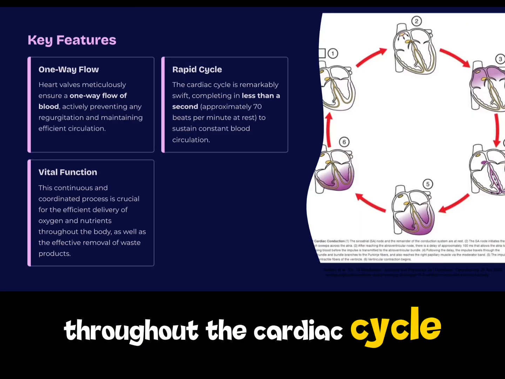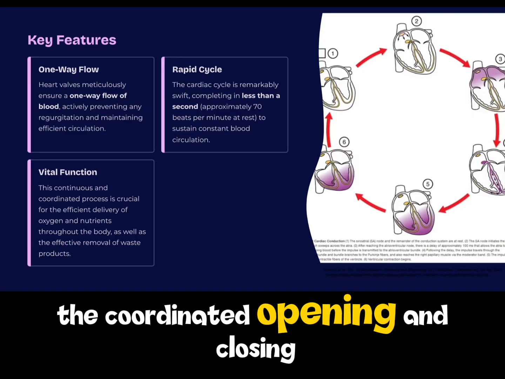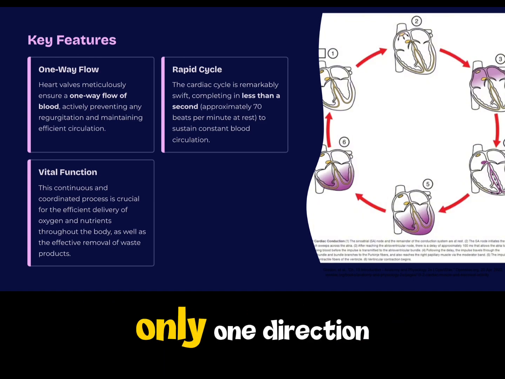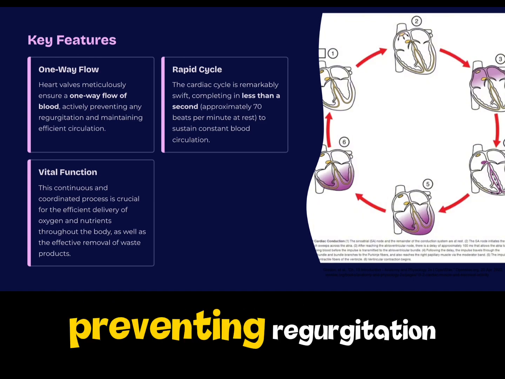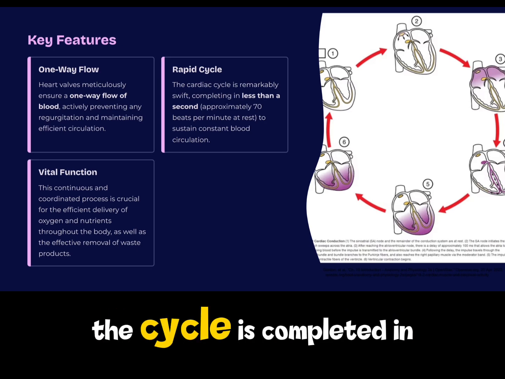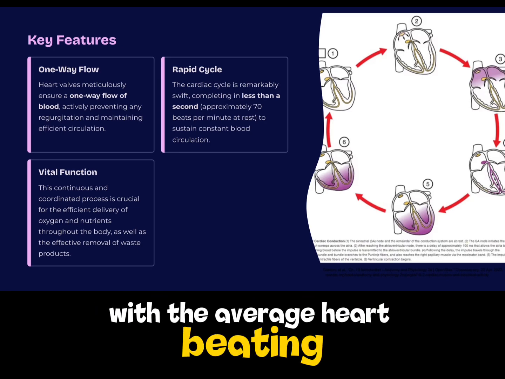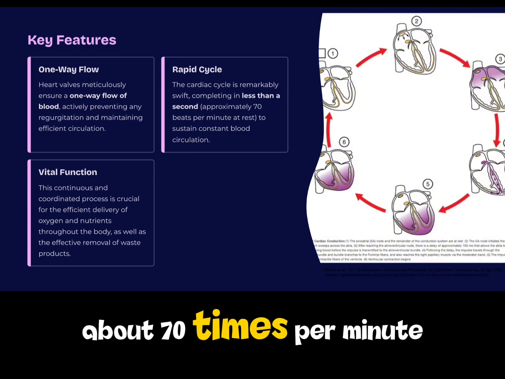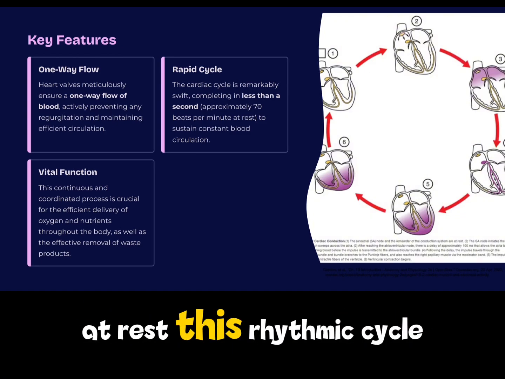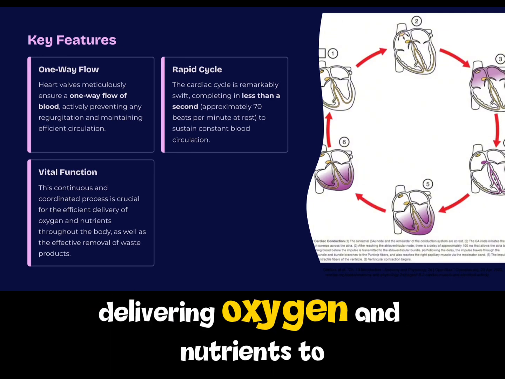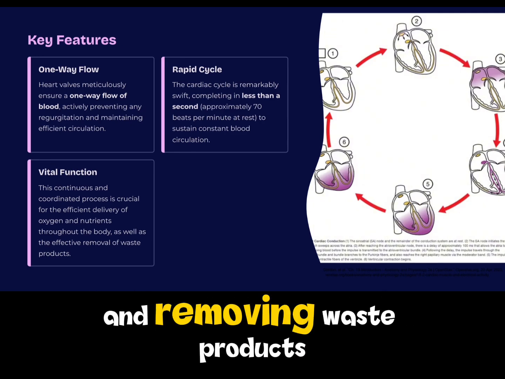Throughout the cardiac cycle, the coordinated opening and closing of heart valves ensures that blood moves in only one direction, preventing regurgitation. The cycle is completed in less than 1 second, with the average heart beating about 70 times per minute at rest. This rhythmic cycle maintains efficient blood flow, delivering oxygen and nutrients to the body and removing waste